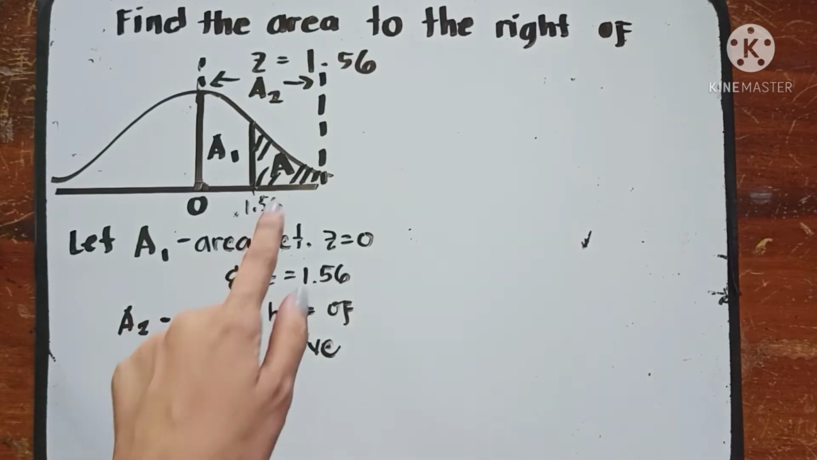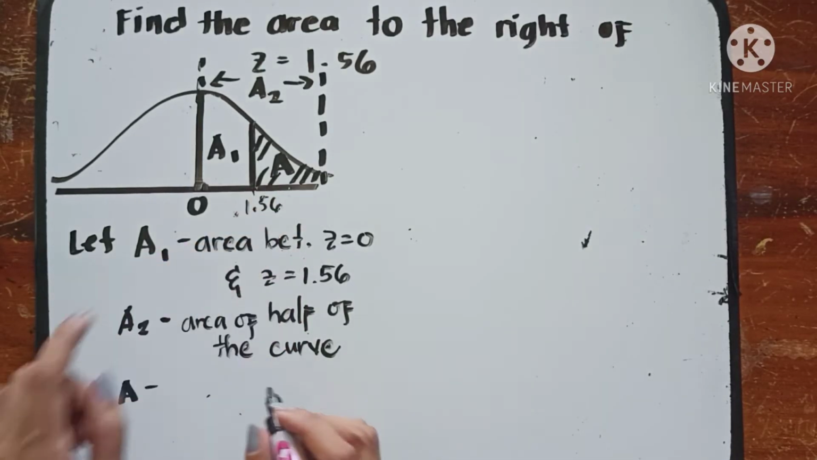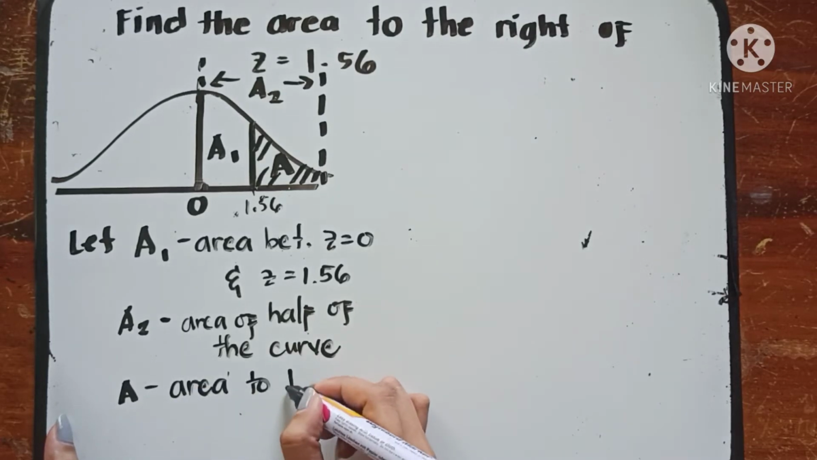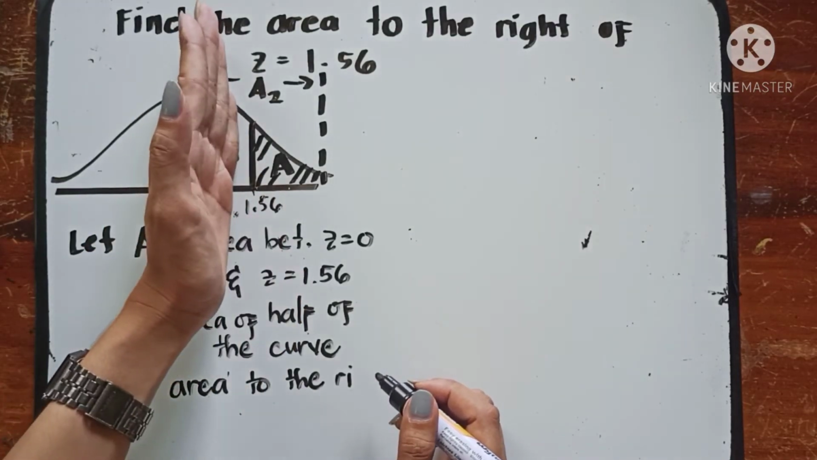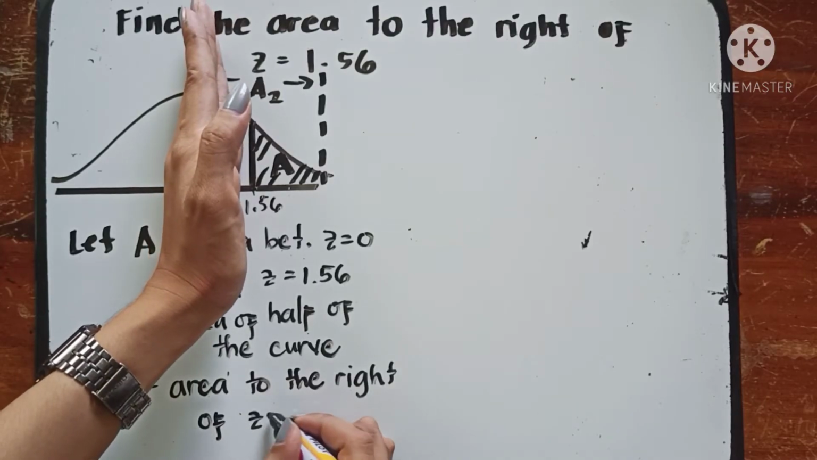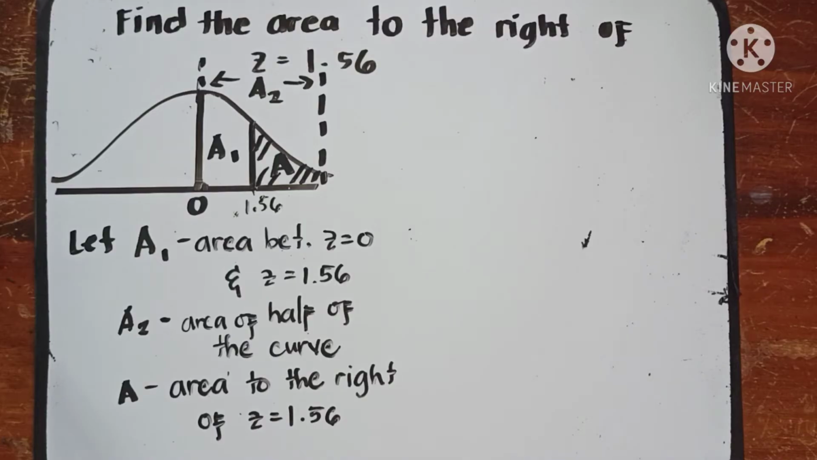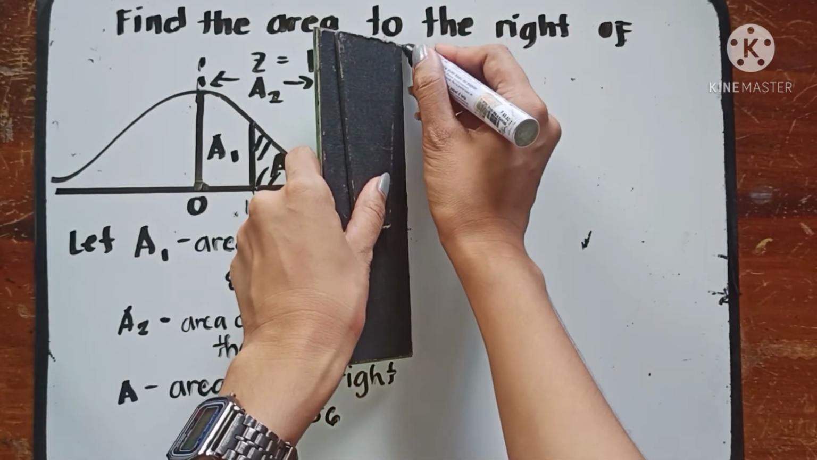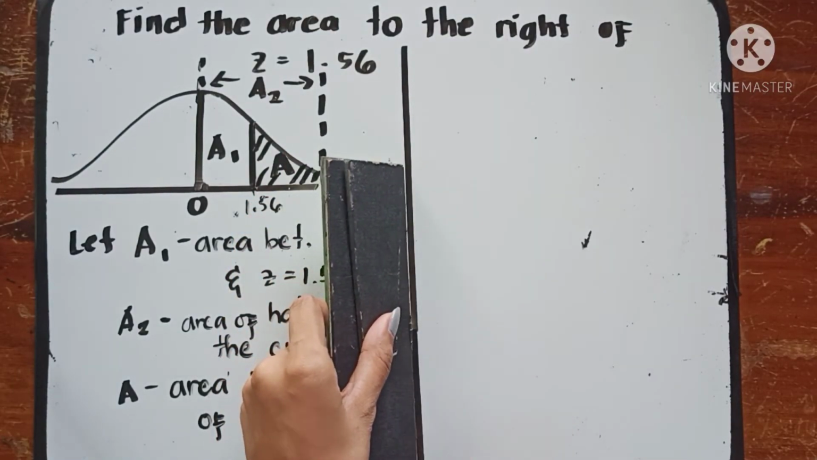Okay? And how about our A? Ang A natin, so we let A be the area to the right of Z is equal to 1.56. Okay. So, next step natin, after nyo nang ma-sketch, once na na-sketch nyo na yung ating normal curve, ang next